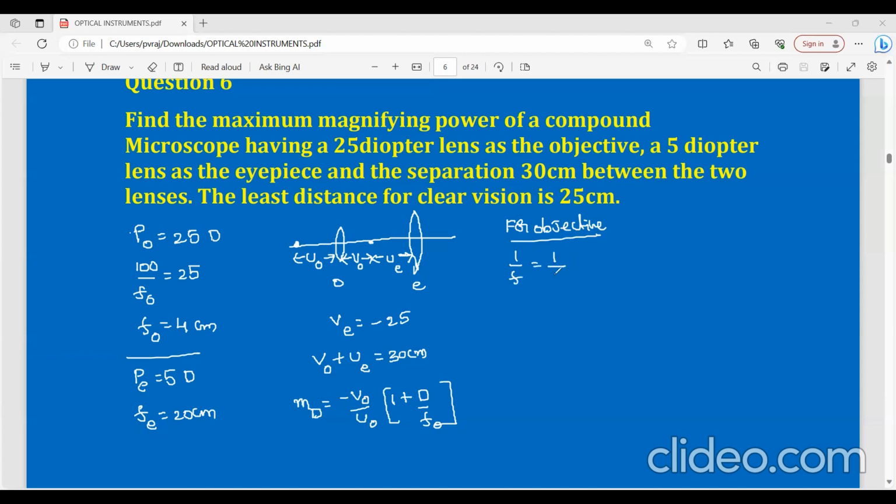For any lens, I can use 1 by F equal to 1 by V minus 1 by U, and all are for the objective lens only. Now, what is the focal length of the objective? That is equal to 4 only. So 1 by 4 equal to